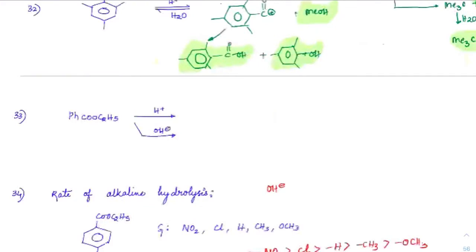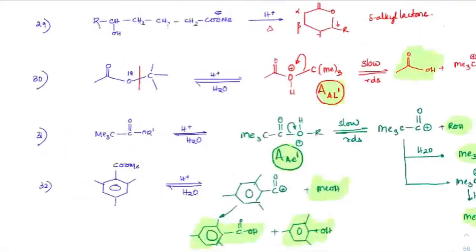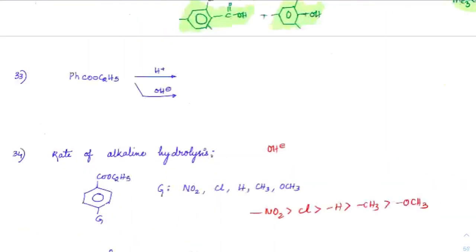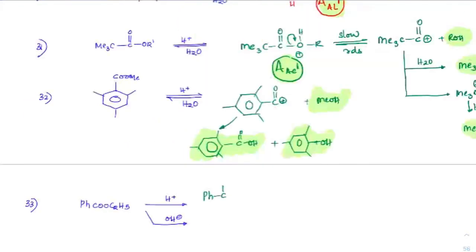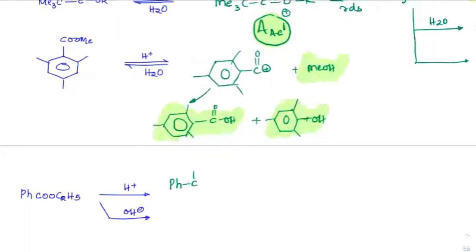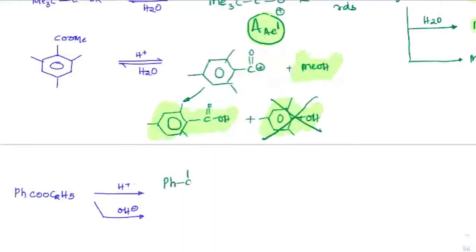This is a regular one. These are the regular cases. Whatever we have discussed, these three are cases where you have bulkiness. These are regular cases. In regular cases, we will first have... Sir, in 32, why will the alcohol form? The carbocation is not stable. Sorry, this will form. Sorry. Thank you.